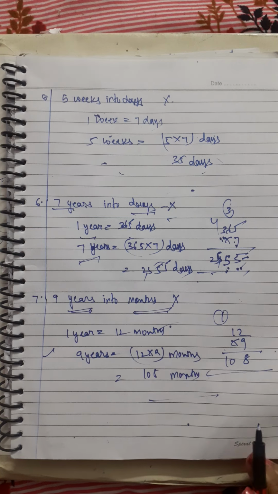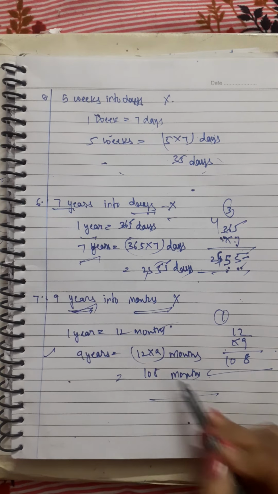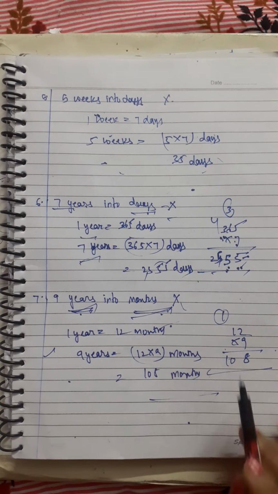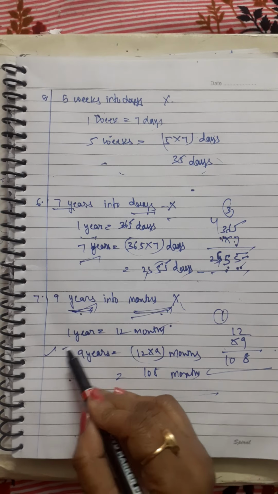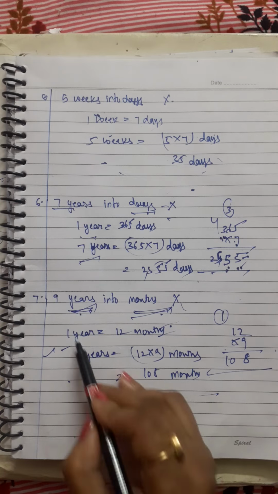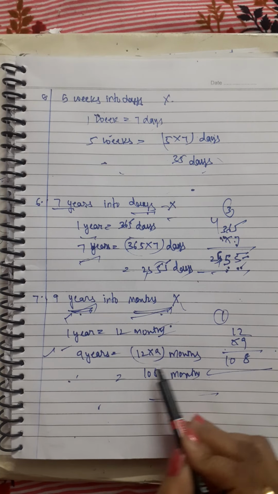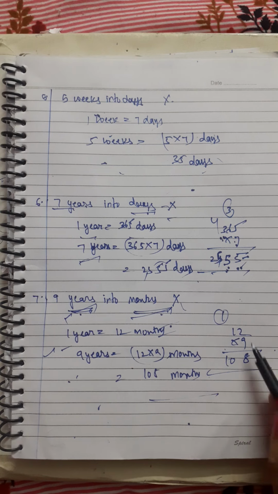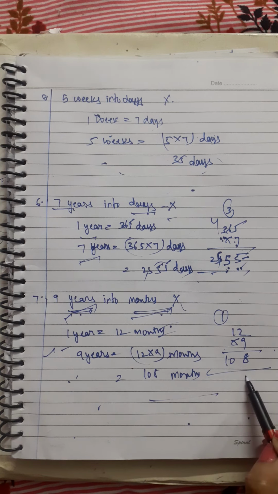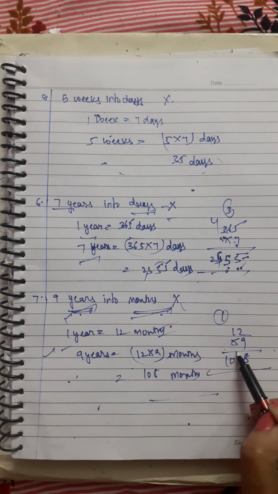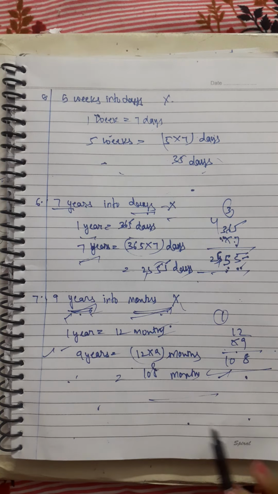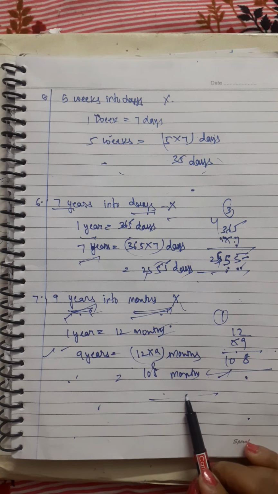Now years to convert into months. 1 year has 12 months. Year bigger unit, months smaller unit. Years को month में convert करने के लिए we have to do the multiplication. 1 year has 12 months. So for converting 9 years into months, we have to multiply 12 by 9. Take a table. Here we are multiplying, doing rough work. 9 2s are 18. 8 and 1 in carry. 9 1s are 9 plus 1 is 10. So we can say 9 years is equal to 108 months.